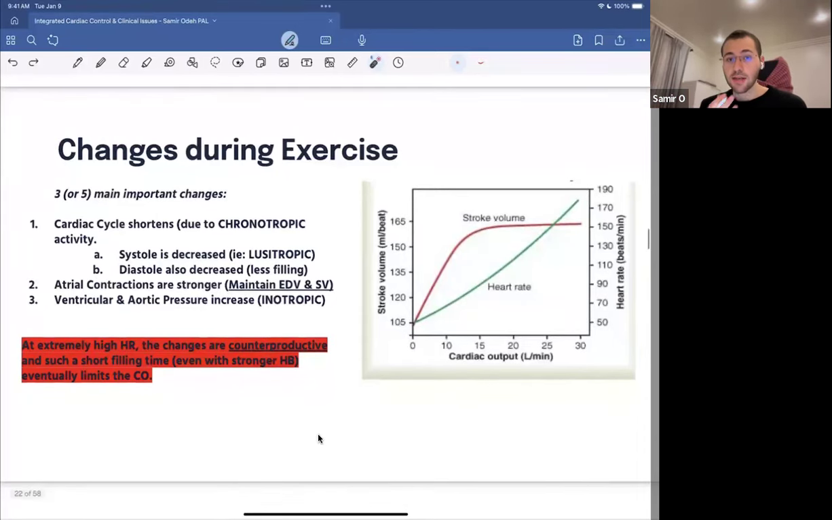So increasing the rate of those action potentials, that is called chronotropic. Now, in addition to this, we have a decrease in the systolic phase of the cardiac cycle. Now, what that means is, yes, you are beating your heart more times per minute, so your heart rate is increasing. But what importantly is happening at the same time is that through increased sympathetic stimulation, you're activating cyclic AMP,